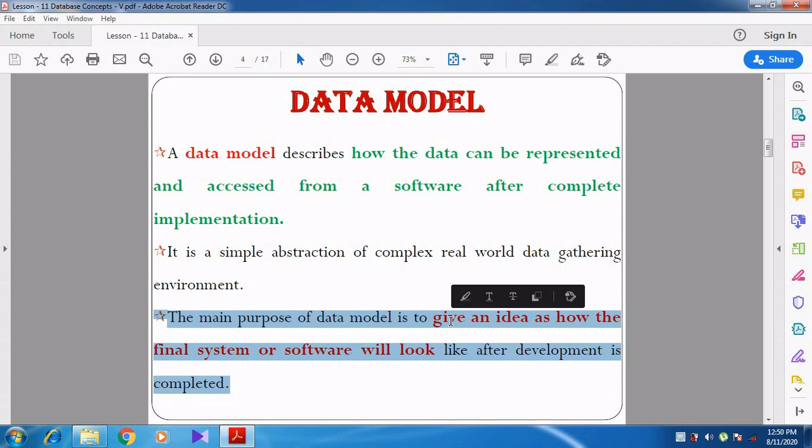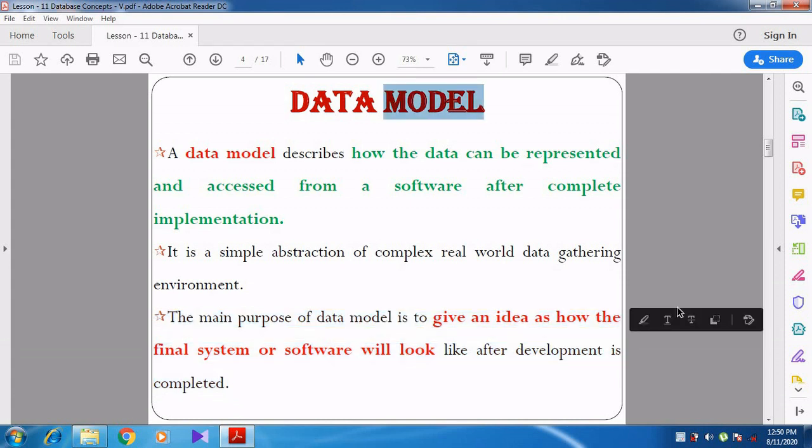For that purpose we use the data model. So we can see how the software will be developed by using the data model.